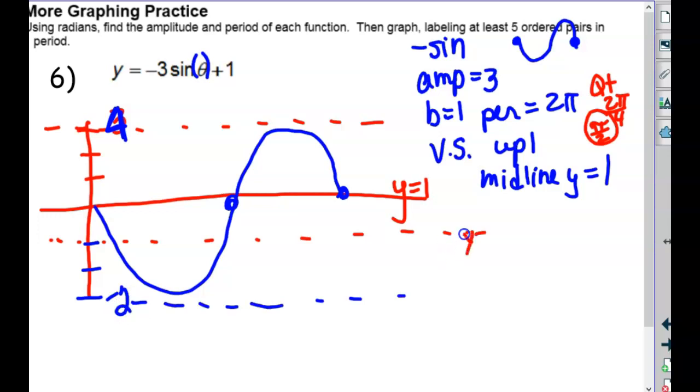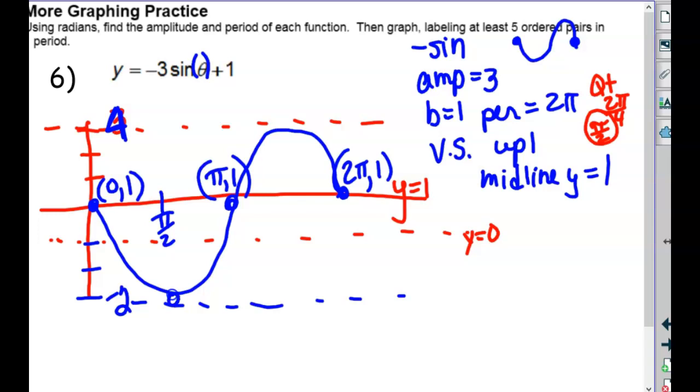This line down here is y equals 0. This is y equals 1. So label these points carefully. This is over 0, but up 1. Where did we end at? The period was 2 pi, so this is up 1. So 1 pi, and we were up 1. What's halfway to 1 pi? Or what are the quarter points supposed to be labeled by? Pi over 2,